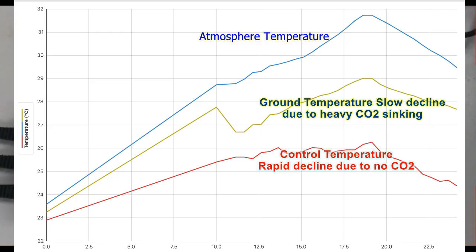We're going to be taking a look at the greenhouse effect today. So we have a very elaborate model set up of the greenhouse